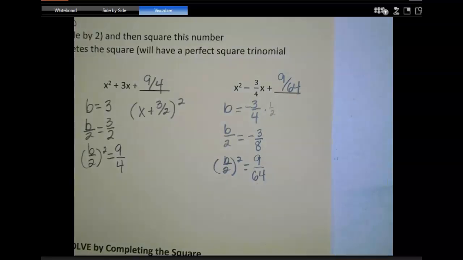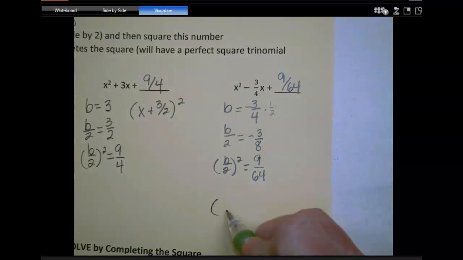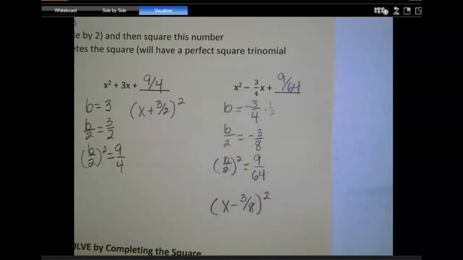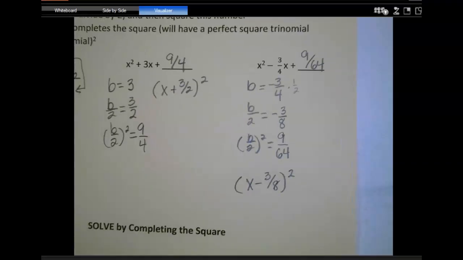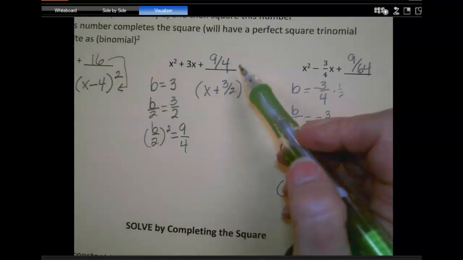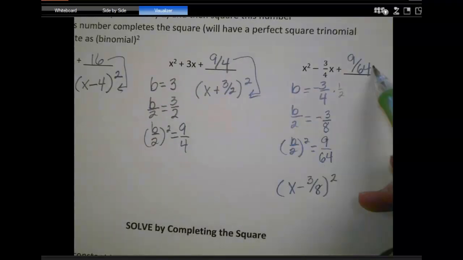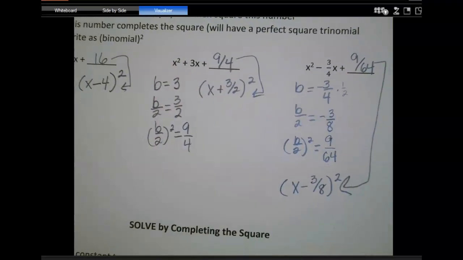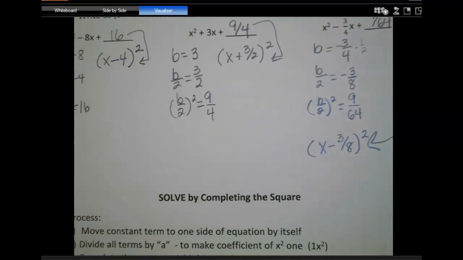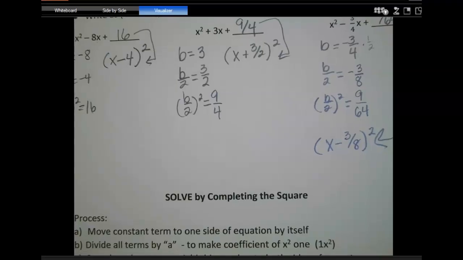And then how do I write that as a perfect square? And don't forget the square, right? Okay, so does everybody see these are the same, right? These are the same. We're just rewriting this. Everybody sees that, right? I just wrote it as a square. Okay, so